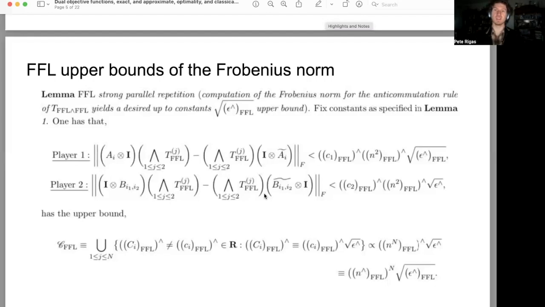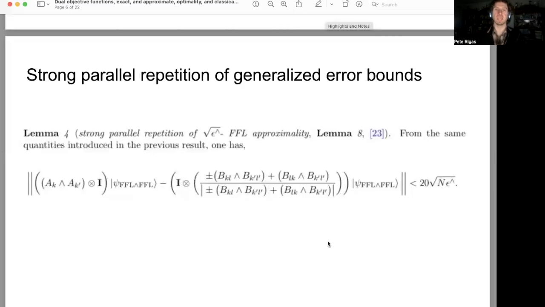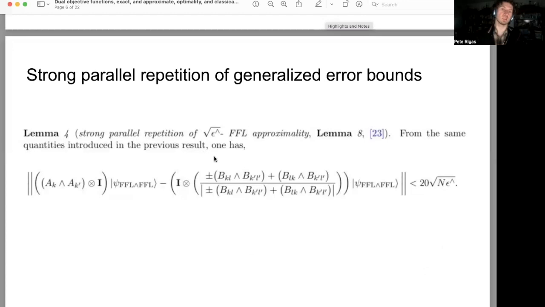And again, just to remind the viewer of another component, which I'll bring up to emphasize later on in the slide, when we've established some more generality to that dual semi-definite program formalism, is just basically given by the fact that we can also look to perform strong parallel repetition with holds up to some square root of epsilons, namely the square root of some sufficiently small parameter, which is relating to FFL approximality, namely strong parallel repetition of FFL approximality, in the sense that we're having the first term, which